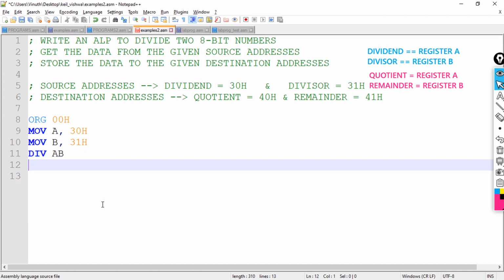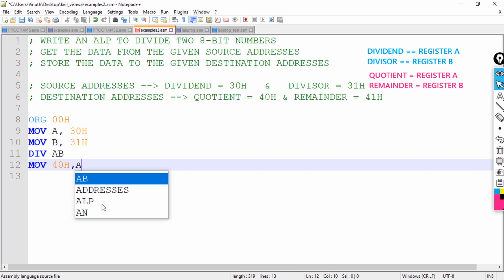Okay. So A will be having what now? A will be having the quotient, and then register B will be having what? It is going to have the remainder. So I need to store the quotient in the 40 hexa location, and then I need to store the remainder in the 41 hexa location. So I'll be writing move 40 hexa